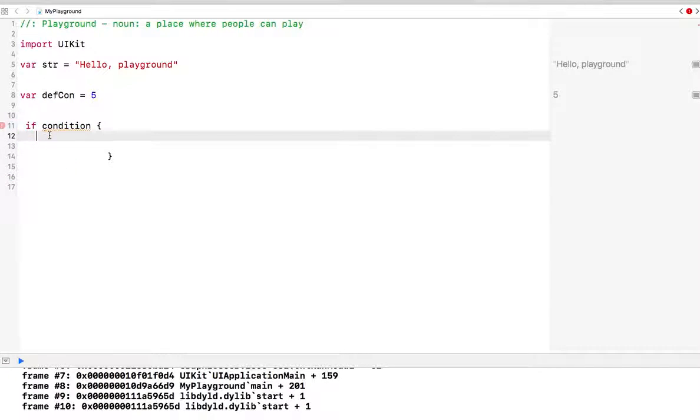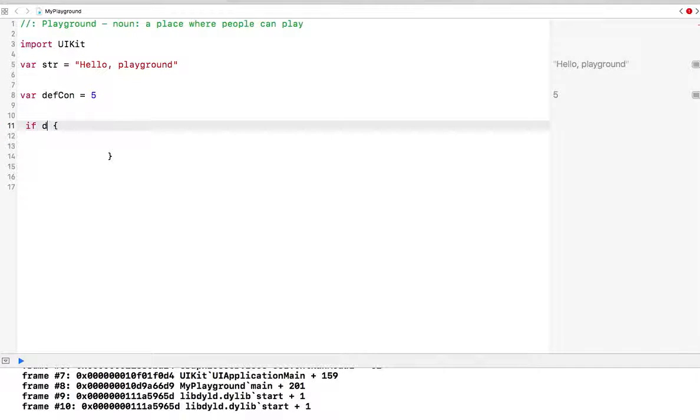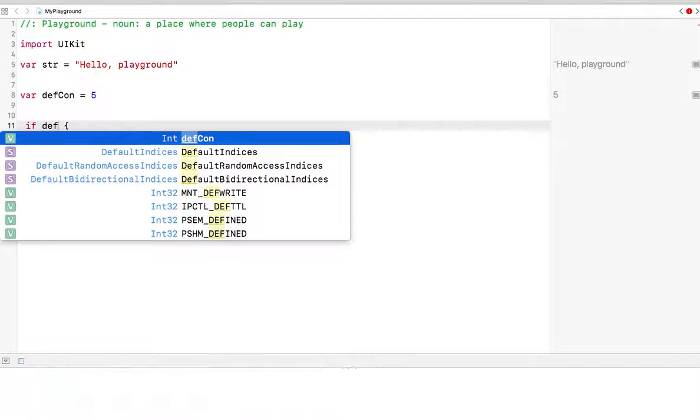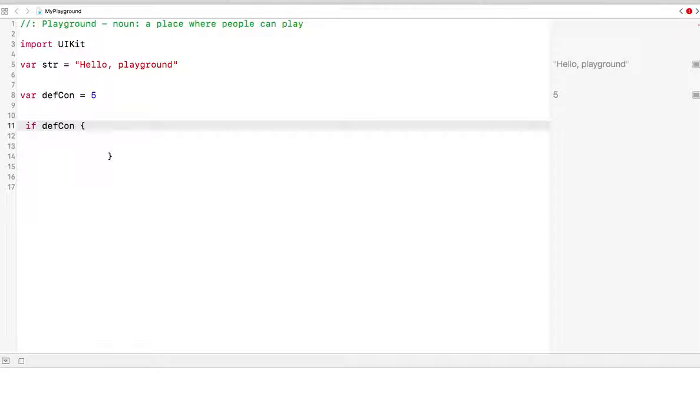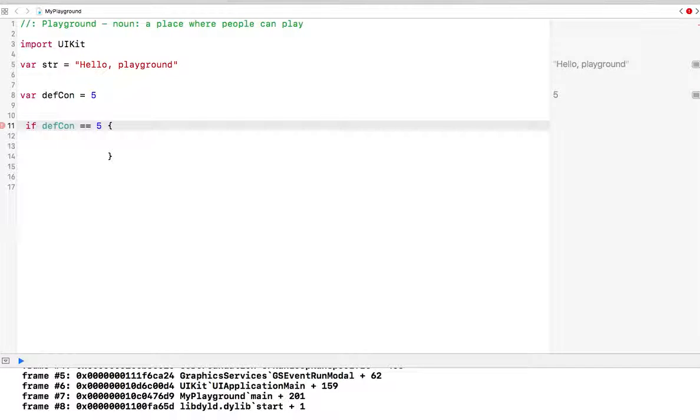Okay, so I'm going to say the condition. So let's just say if DEFCON equals 5,